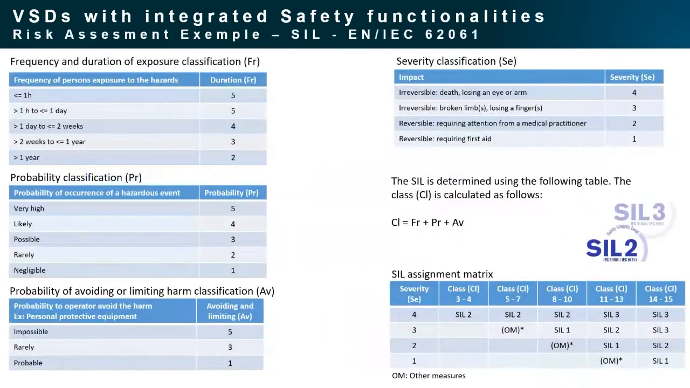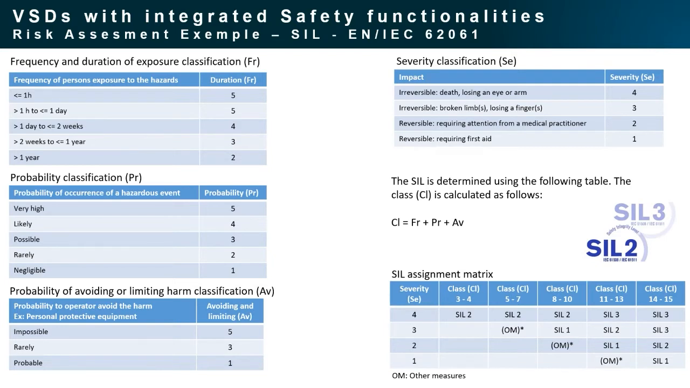And how can we define if the machine is safe or not, and how can we classify which safety level the machine must comply with? According to this standard, there are 4 basic questions to define it. The first one is the frequency and duration of exposure classification. It means how long the person will be in touch with the